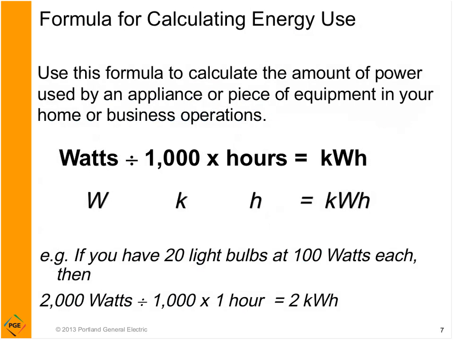So let's get started with some of the simplest math. How much energy does a particular piece of equipment use? Here's the simple formula: watts divided by 1,000 times hours gets you kilowatt hours. In this example, we have 20 light bulbs at 100 watts each. That gives me 20 times 100 is 2,000 watts. I divide by 1,000. So for every hour of use, we have 2